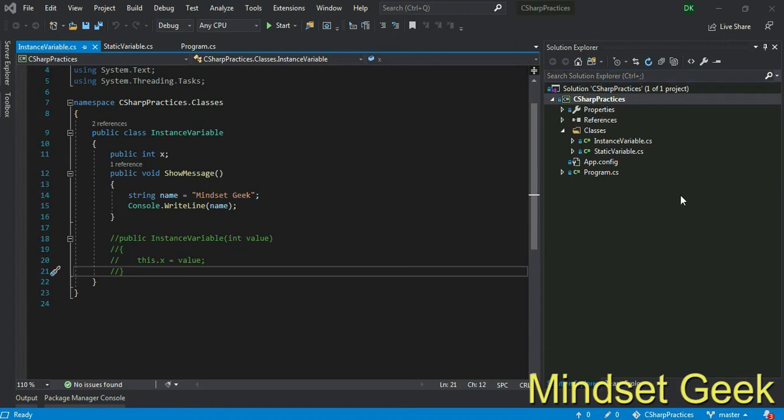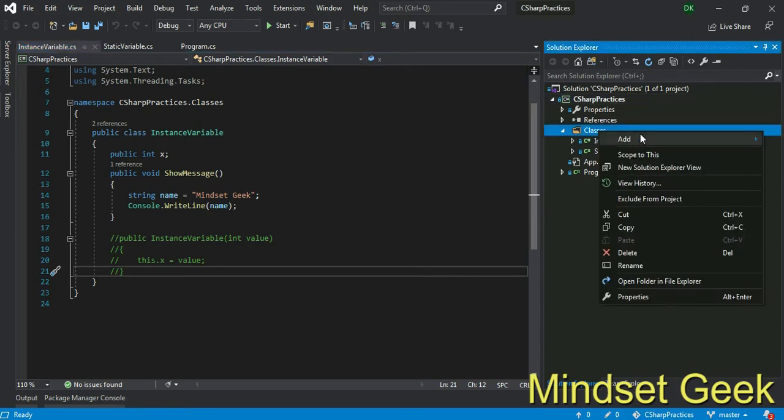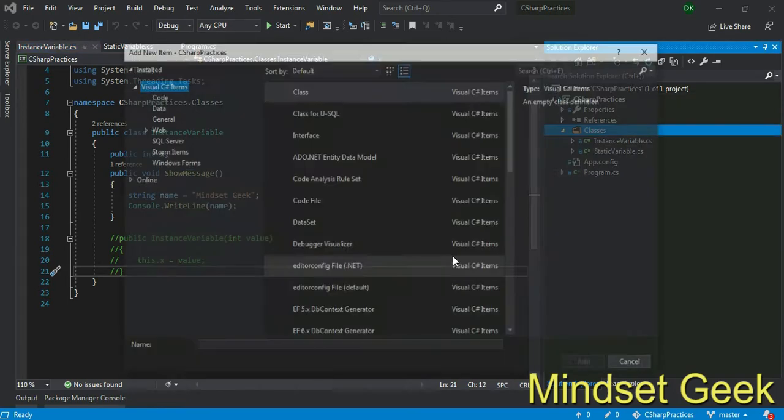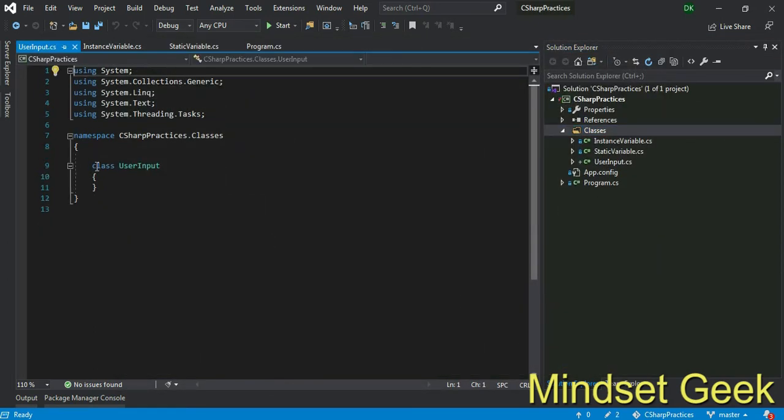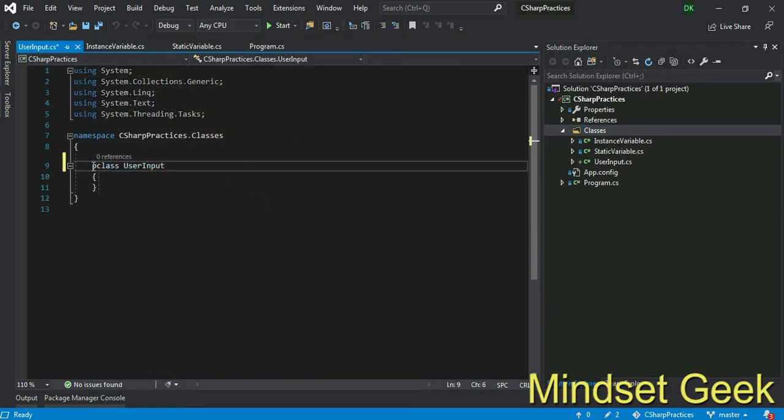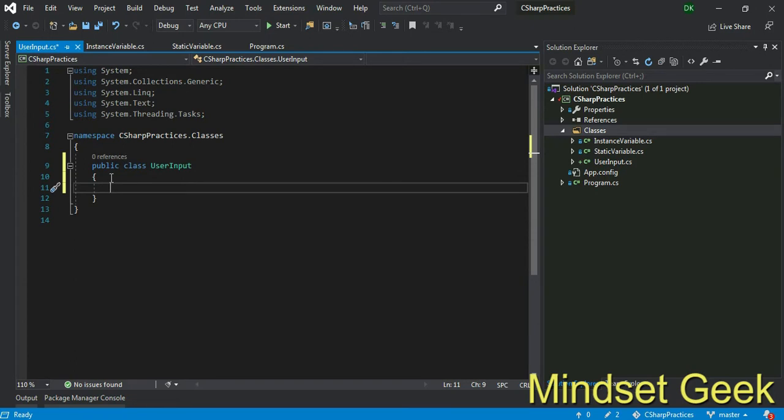This is a basic console application and it has a classes folder. I want to add one class as UserInput, right? I make this class public and add one method.